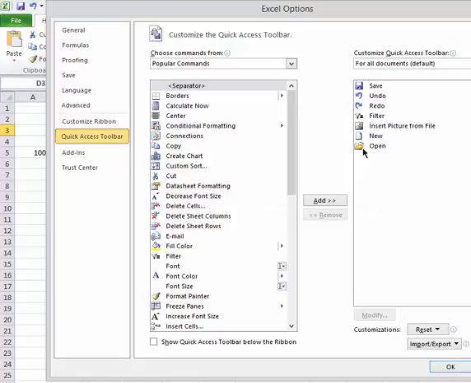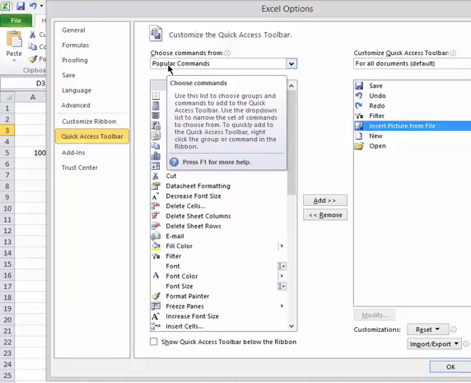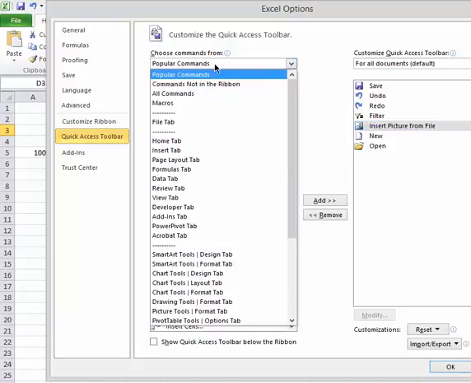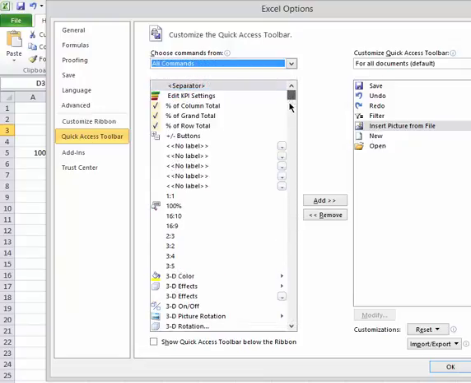Takes me into a window. In this window on the right hand side, it shows me my current setup of the Quick Access Toolbar. On the left hand side, it shows the popular commands or the popular buttons that are in Microsoft Excel. I want to see all the buttons that are in Excel, so I'll click on the box where it says Popular Commands. I'll choose All Commands,